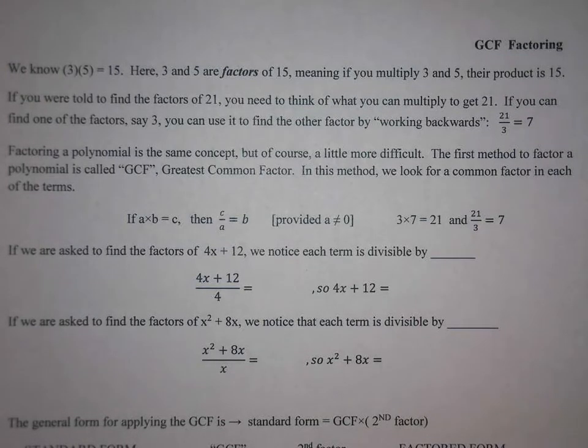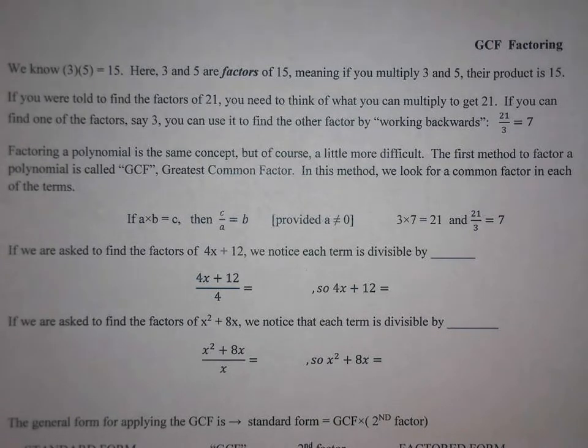We're going to start to look at factoring. We know 3 times 5 is 15. Here, 3 and 5 are called the factors of 15, meaning if you multiply 3 and 5, their product is 15. If you were told to find the factors of 21, you need to think of what you can multiply